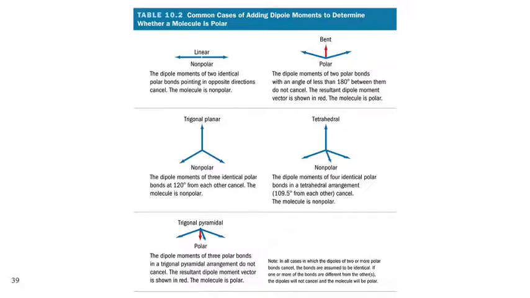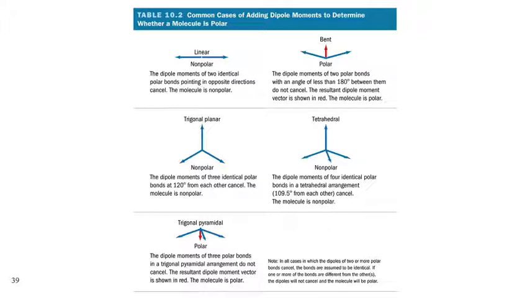Okay, so table from your book kind of summarizing this. When we look at the geometries that molecules can have, according to VSEPR theory, we have a limited number of possibilities here. So in a linear geometry, if the dipole moments are equal in strength, this is going to add up to 0, and you're going to get a nonpolar molecule. If you have a trigonal planar or a tetrahedral shape, and those dipole moments are equal, you're also going to have a nonpolar molecule, because those vectors are pointing in equally spaced opposite directions, and so they're going to add